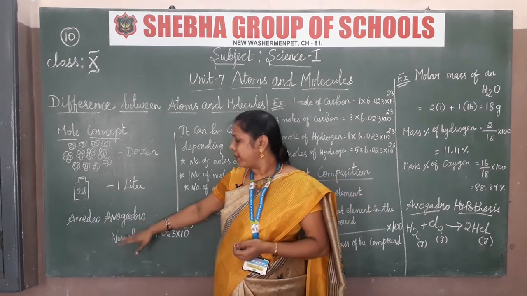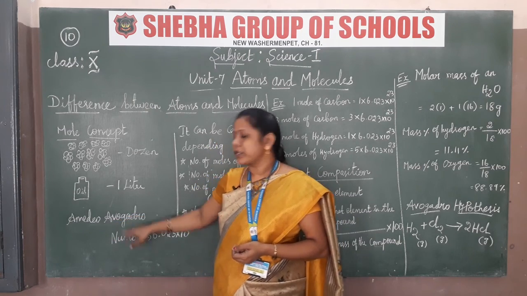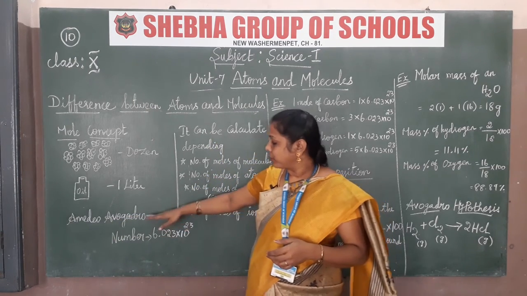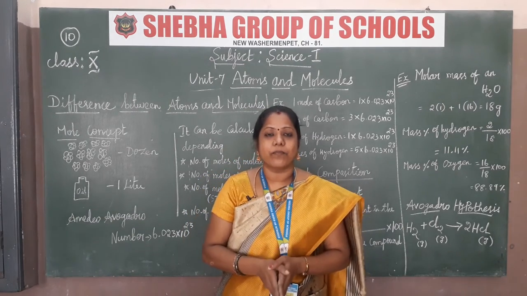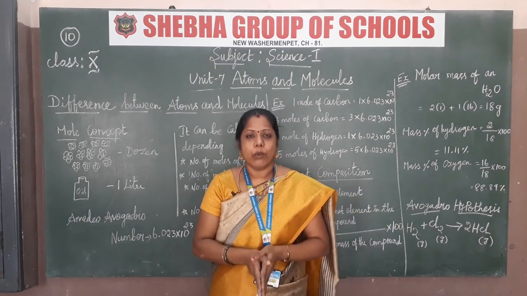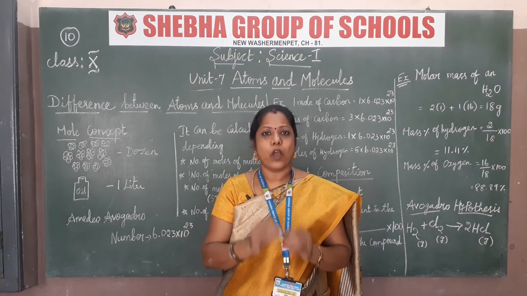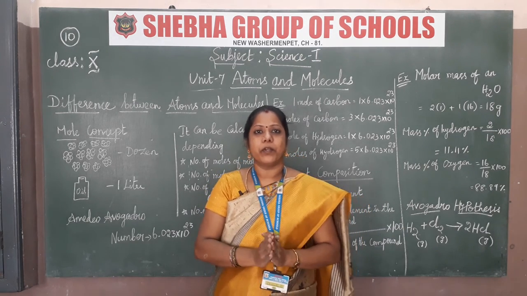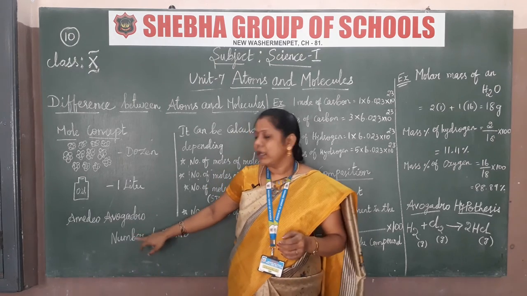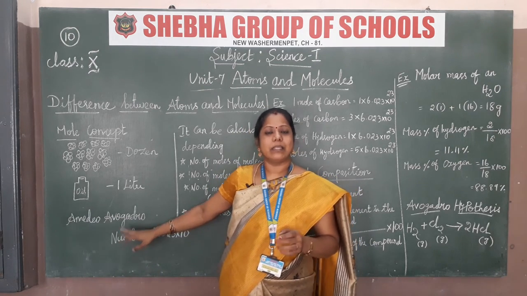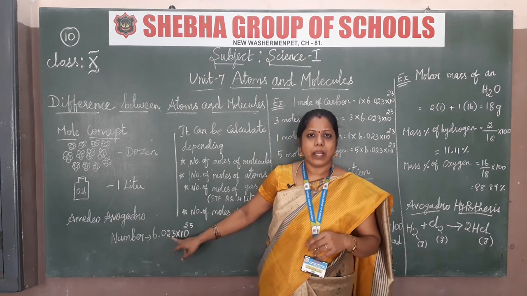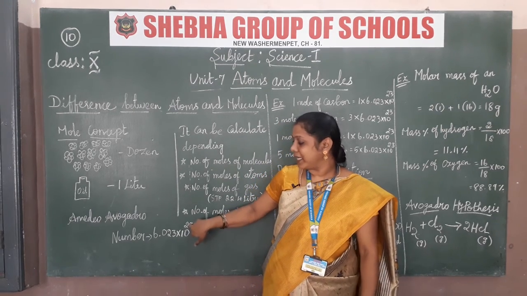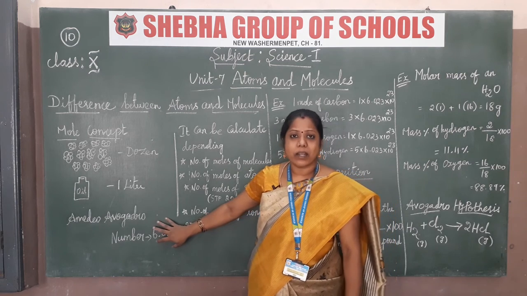இந்த அவகாட்ரோ நம்பர் எப்படி வந்தது அப்படின்னா, அமெடோ அவகாட்ரோ அப்படின்றவர் தான் இதை நம்மளுக்கு கொடுத்துருக்காரு, for using the counting of the atoms of the moles. So 1 mole of substanceல எவ்வளவு atoms இருக்கு அப்படின்றத எப்படி find out பண்ணலாம் அப்படினா என்னன்னு சொல்வீங்க? Avogadro number யூஸ் பண்ணுவோம். That is the number 6.023 into 10 to the power of 23.